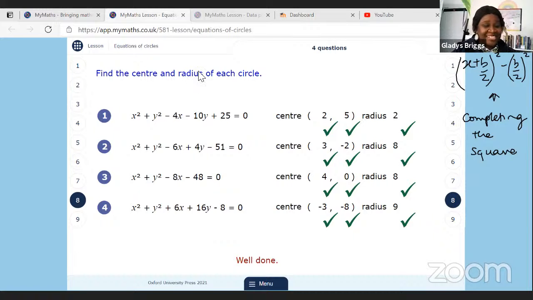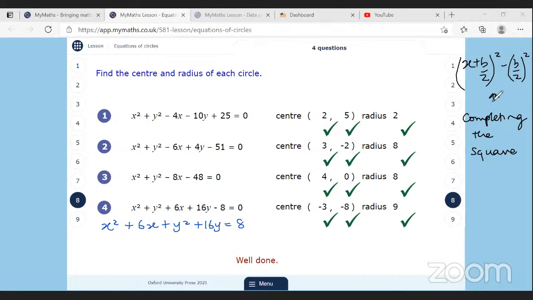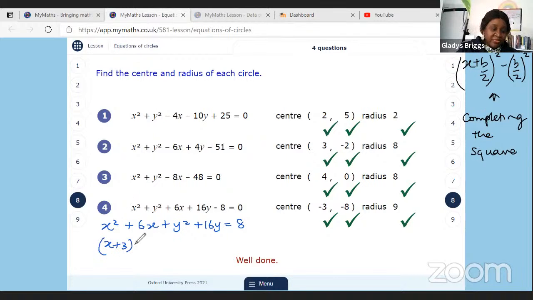Let's see. Right. So we have x squared plus 6x plus y squared plus 16y is equal to 8. Let's take that one away now from the start. So then we want to put this one in the form. Yeah, x plus 3, x plus 3 squared